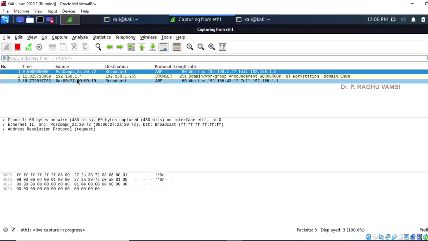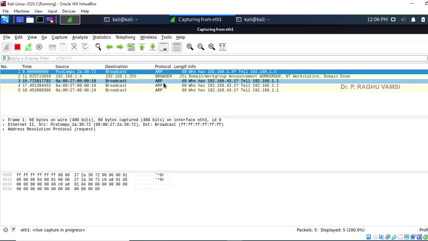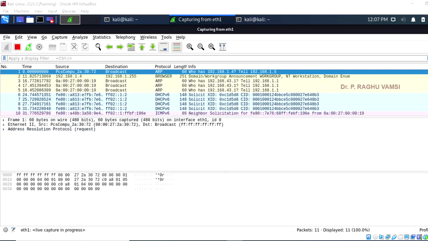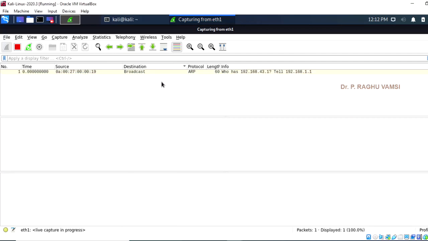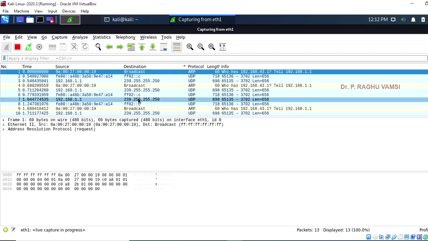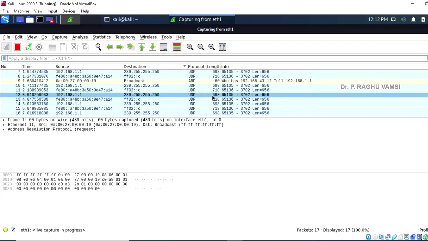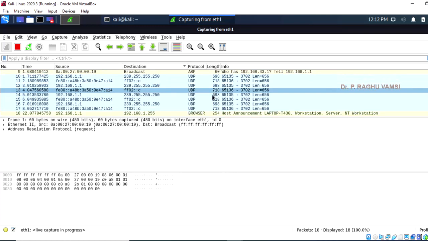So from the source 1.4 to some 255, some ARP packets are going on here. This particular thing keeps on capturing here. We will wait for some 2 to 3 minutes so that the packets which are going on the LAN will be captured. So via Wireshark, you try to capture the packets. Here the ARP packets are being captured, and we'll wait for some more time so that ICMP related packets, ICMP echo requests and replies, will also be captured. So it will take 2 to 3 minutes to capture the ICMP packets.